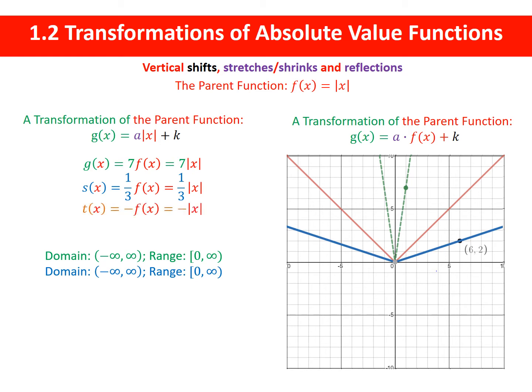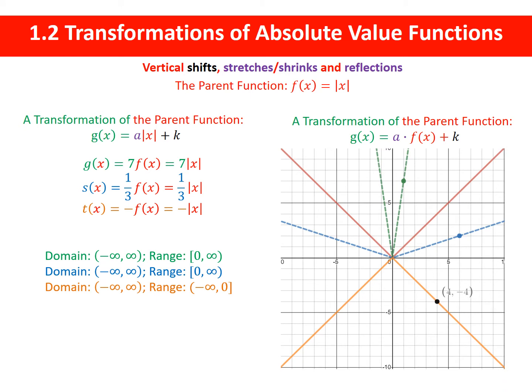Here's a third example. What if we throw in just t of x equals the opposite of the absolute value? Remember, the absolute value function is to turn things positive, but this negative is on the outside. Now, the negative is a reflection over the x-axis, so please take a second to look at this range. We're going to run from negative infinity up to and including 0. What does that look like on the graph? It's a perfect reflection of the red graph over the x-axis. So where 4, 4 was a point on the original, the pre-image,